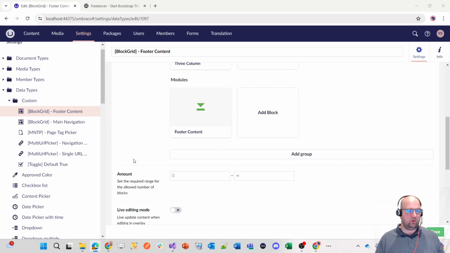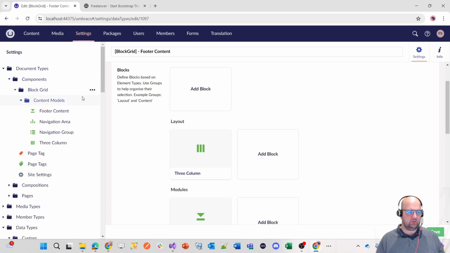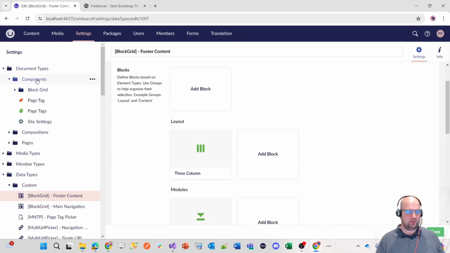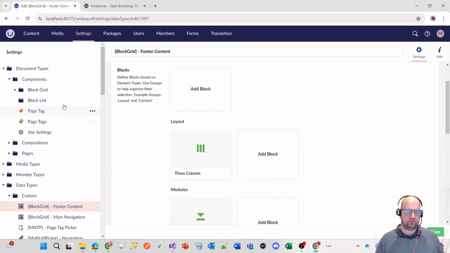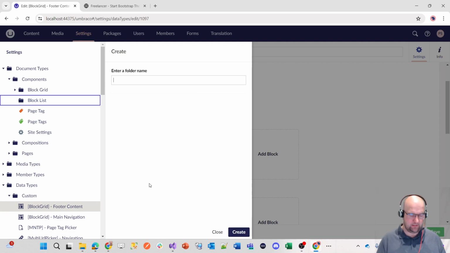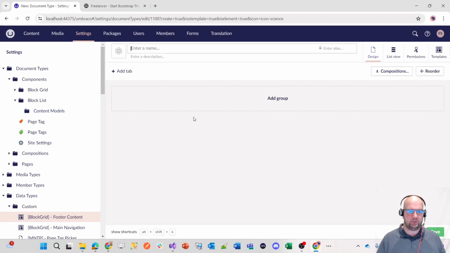So let's go back up here, go to document types, components, block grid, content models. Where we've got components and then block grid, we want to create one now for social links, and that will be in a folder called block list, because I like to separate them out for different uses. So these models are used for block list, and then I just do content models inside that, because remember I did mention you could do settings models as well. In this, we'll create one called social link. It's an element type,